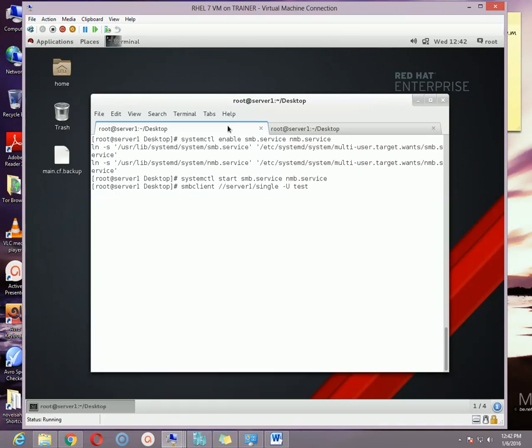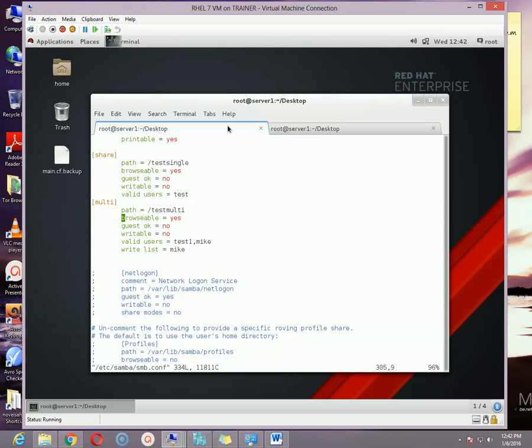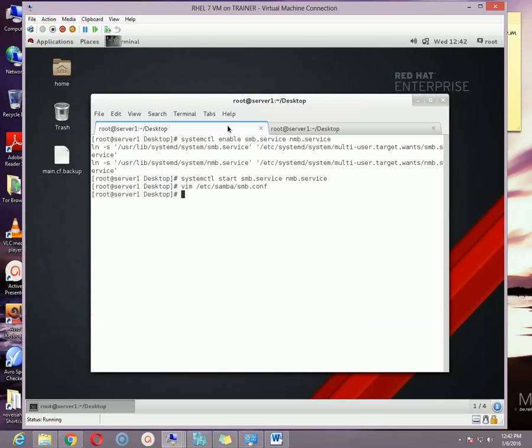Okay, I am not sure about the share name, so I can check it once again. Let me check it first. Share. Okay, so the share name is actually share, let me change it so that it can be more convenient to remember. Single. Let me once again restart the service. Okay, so now